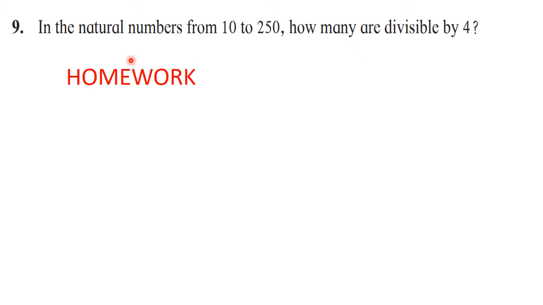Okay. So you will write down that statement. The natural numbers from 10 to 250 which are divisible by 4 are 12, 16, 20 and so on. And the last one is 248. And from that you can write down the value of A. You can write down the value of D, that means common difference. And then the last term 248 again you will consider as Tn and you will solve the sum. Exactly similar steps you will follow from question number 6. Okay. So try to solve it as homework. If you have any query, you can ask me. Okay. Now let us go ahead.